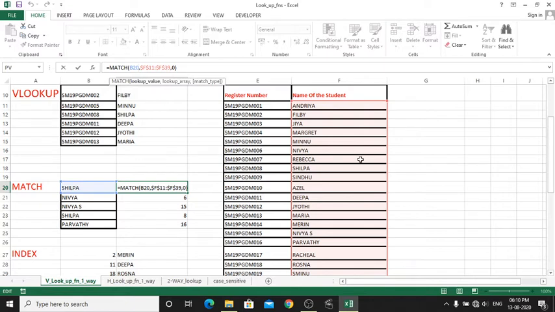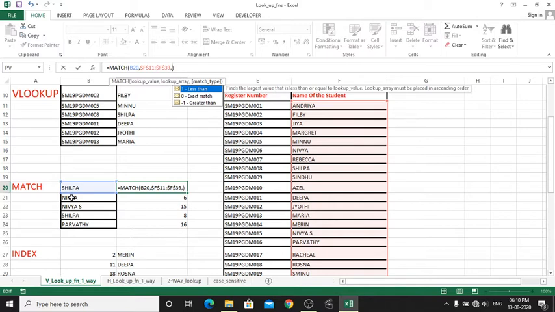Okay, it is not at all connected with the register number. So here we have to pass only the required column range as the second argument. So here F11 to F39 is the second argument, and the last argument refers 1 for less than, 0 for exact match, and -1 for greater than.